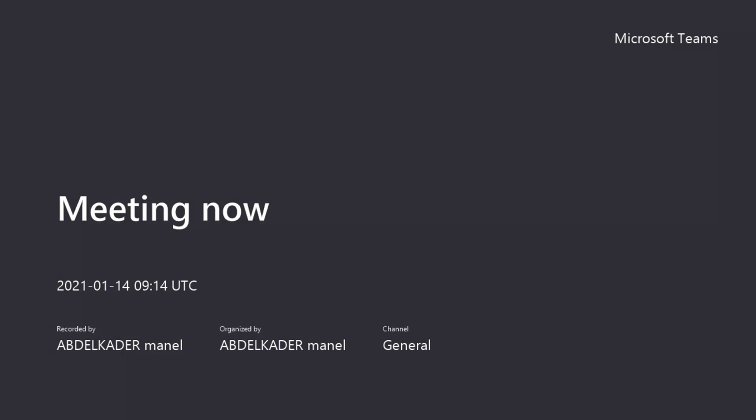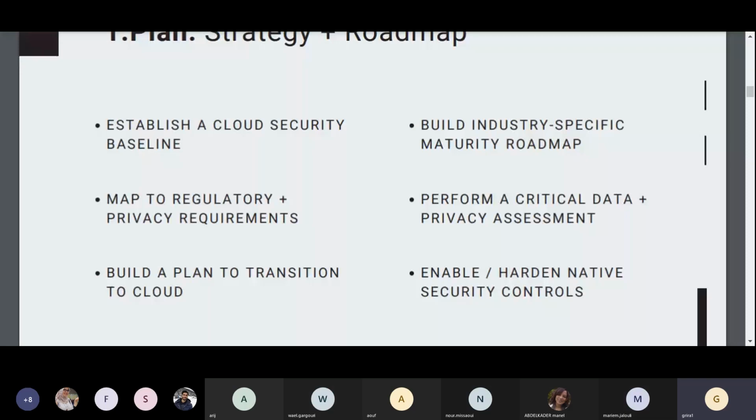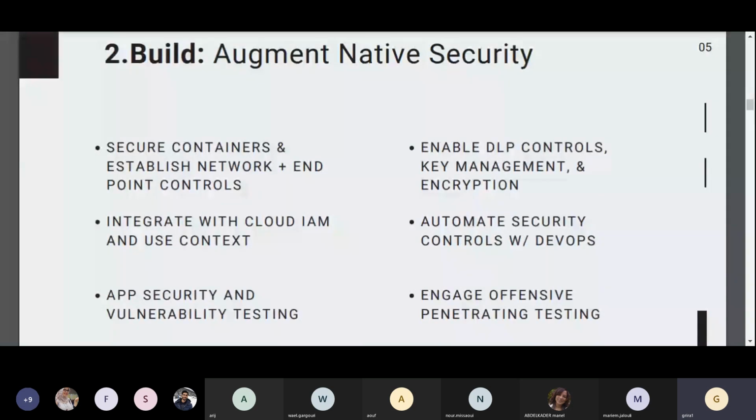is the most critical data, what regulated data exists, where these critical data reside, are they properly classified, and who had access to them. And the next step, which is the building step, professionals will work with the client's IT team to transform the cloud security controls by helping them migrate and modernize infrastructure and applications based on the security